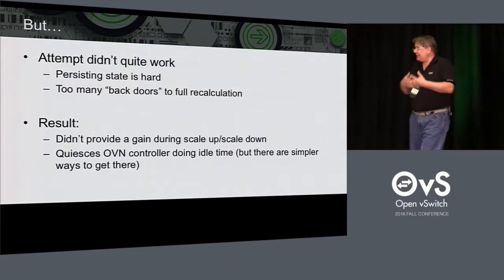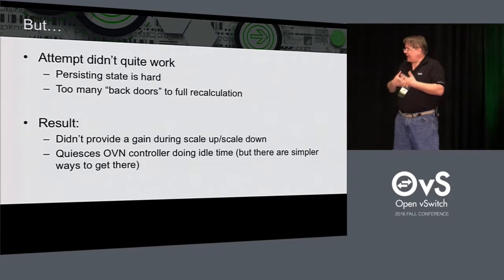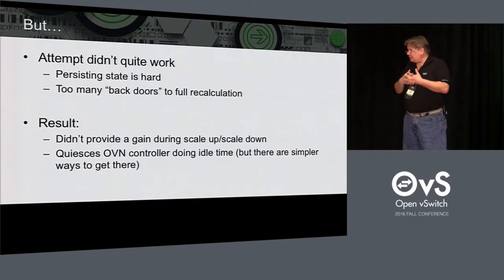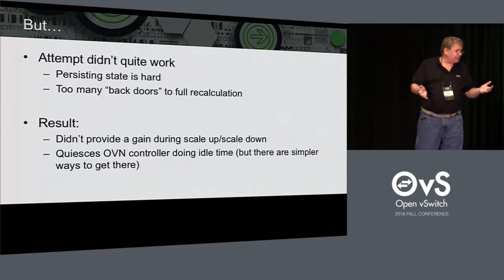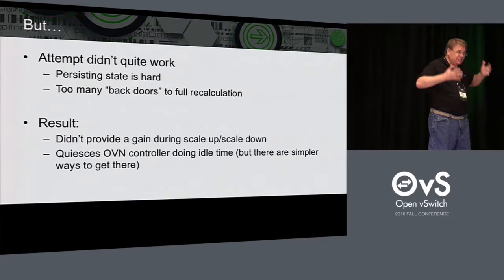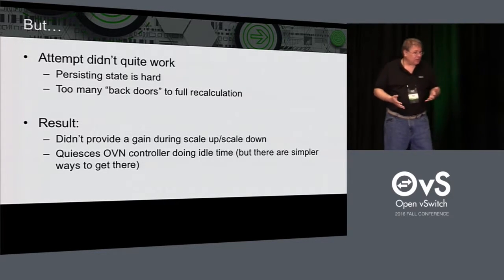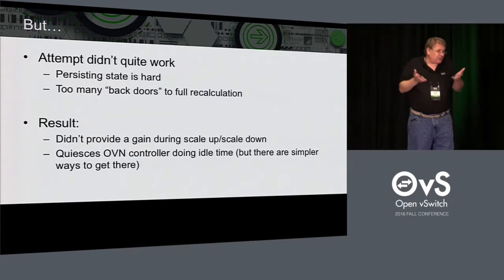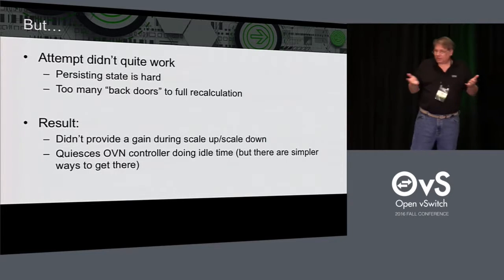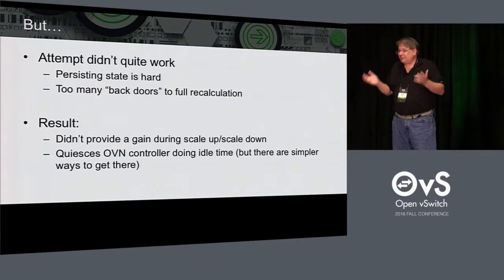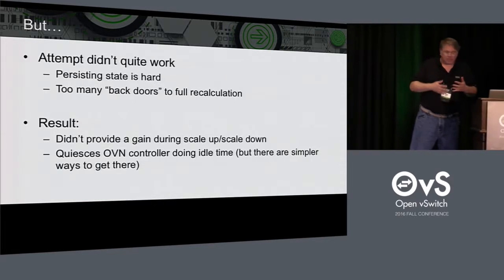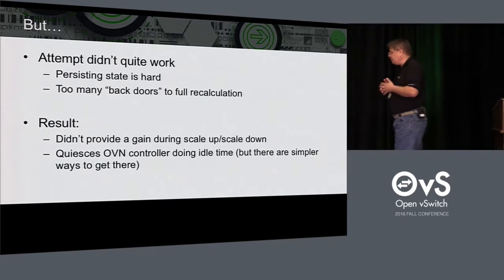And so at the end of the day, it would basically not do anything when you weren't configuring it, but when you were trying to actually scale up or scale down the network, you were essentially doing what we do today. So yeah, quiescing the OVN controller when you're not doing anything is great, but there are easier ways to get there. Now, Ben has done a lot of rethinking on this and has some proof of concept code,